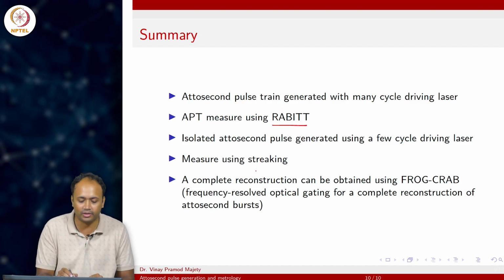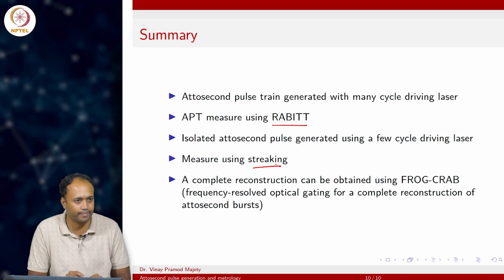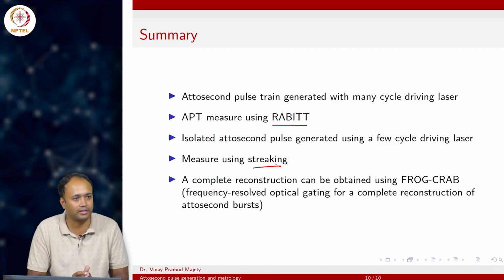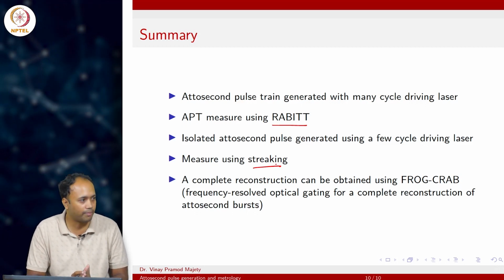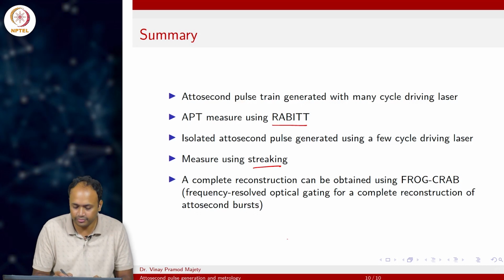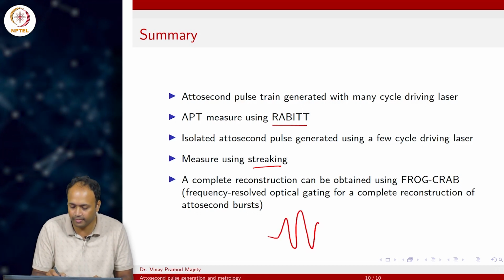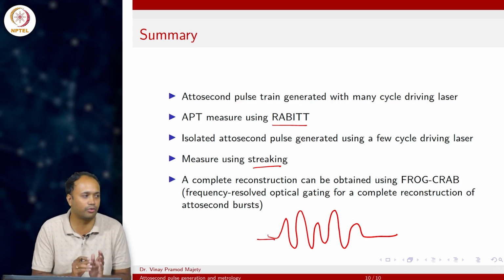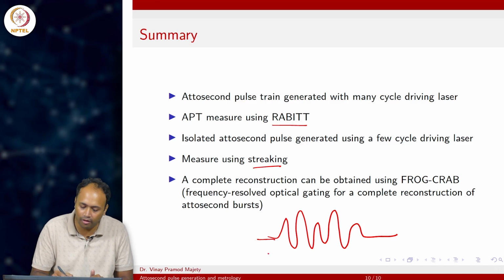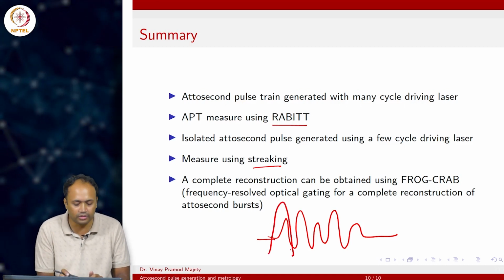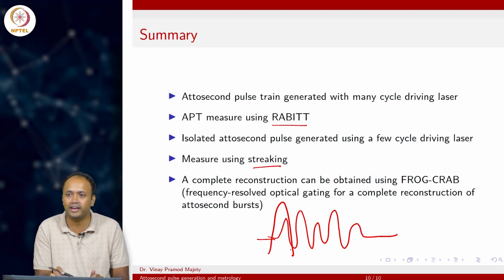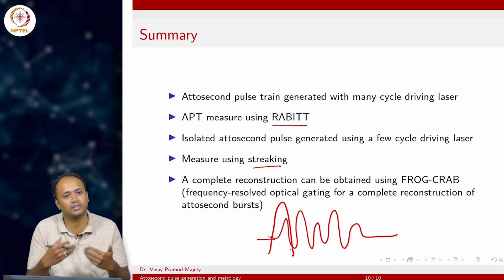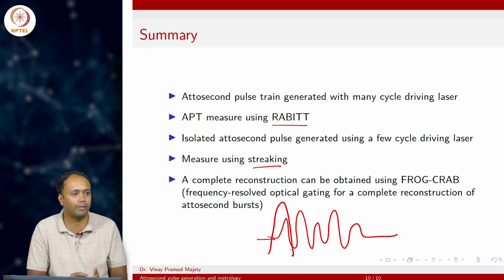And in order to measure isolated attosecond pulses, you do what is called streaking. Now if you want to completely characterize this pulse, there are some advanced methods called frequency resolved optical gating. You have some complicated waveform and I want to analyze this. What one does is something like a windowed Fourier transform. If I can somehow optically gate this in my experiment to a window, and then slide this window through the whole pulse, and do the same kind of Fourier analysis optically,